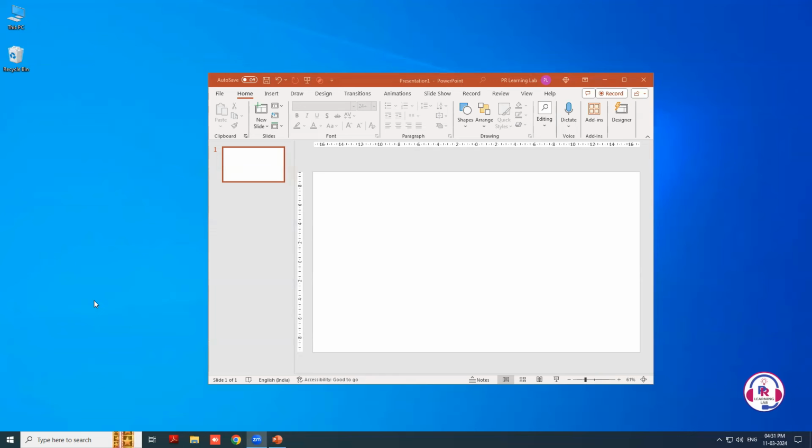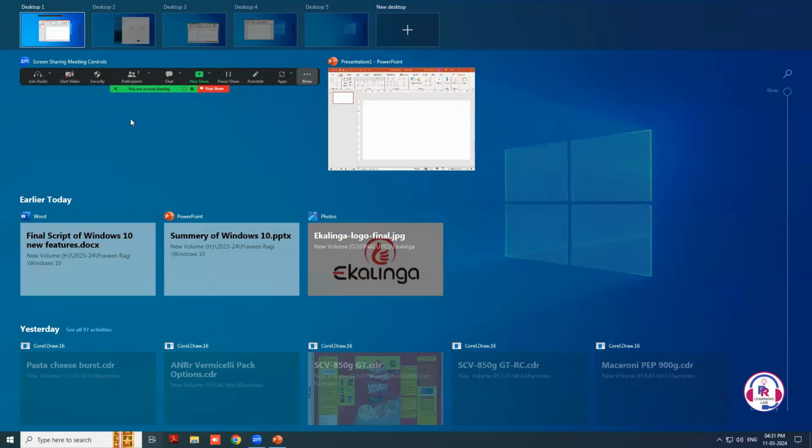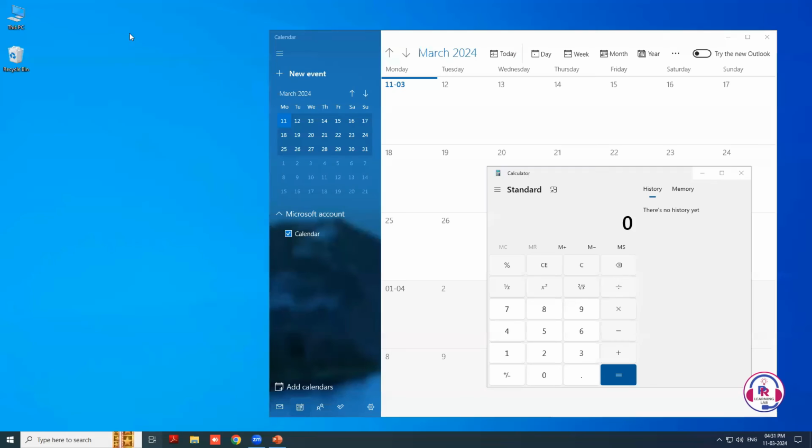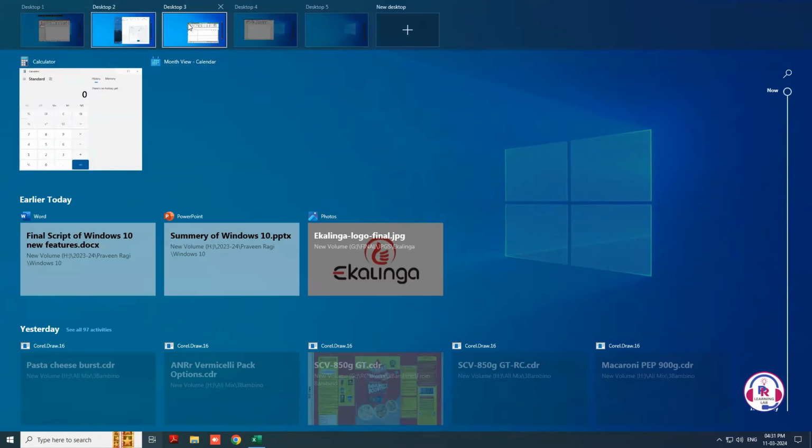You can have separate desktops for different projects, applications, or even personal and work-related tasks. This level of organization can greatly enhance productivity and efficiency, allowing you to stay focused on one task at a time. In conclusion, Task View in Windows 10 offers a convenient way to manage multiple applications and virtual desktops.